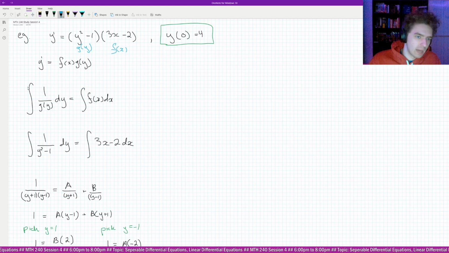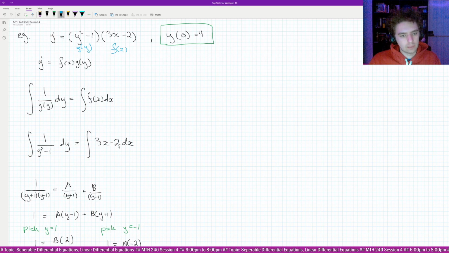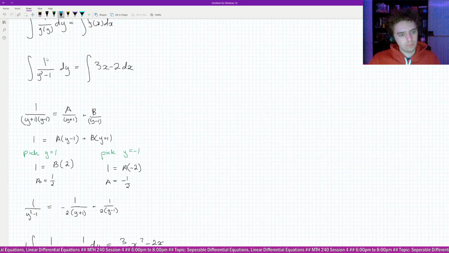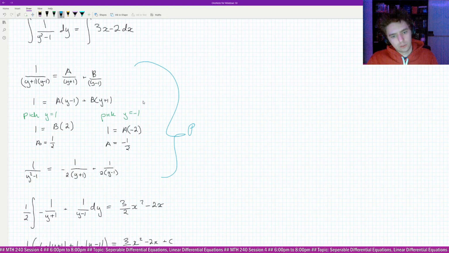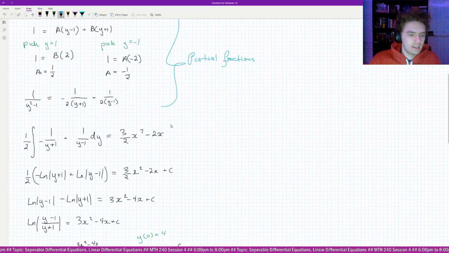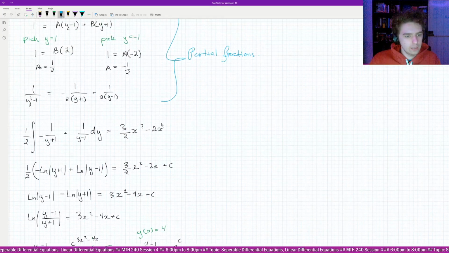So based on this, we have a formula for it, and we can write it like this. g of y was y squared minus 1, so 1 over y squared minus 1 dy. And then f of x was 3x minus 2, so 3x minus 2 dx. This one we need partial fractions for, so I do the partial fractions. That's just partial fractions. And then here I do the actual integration, so I integrate the right side, and then I factor out